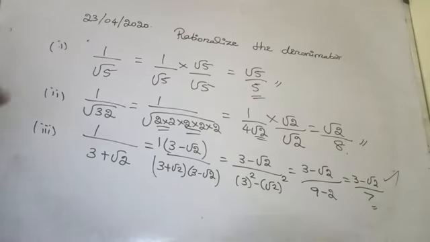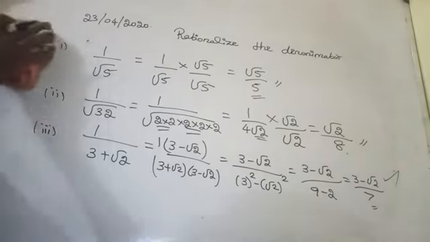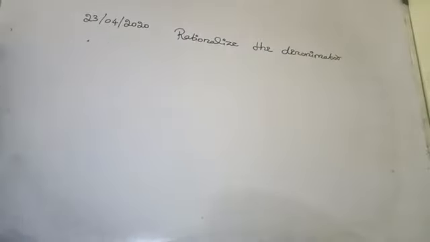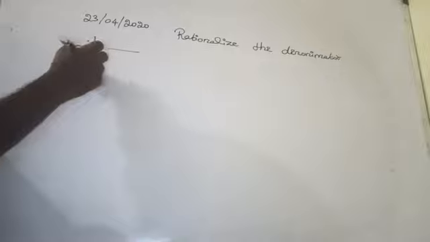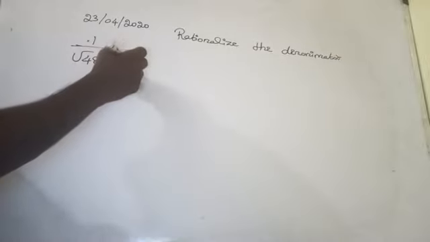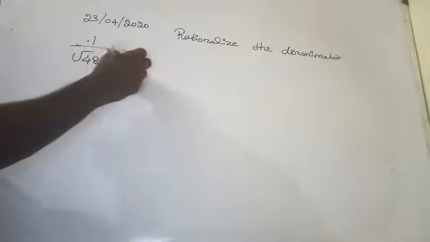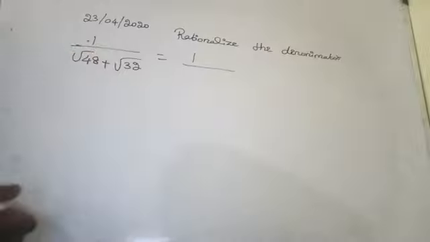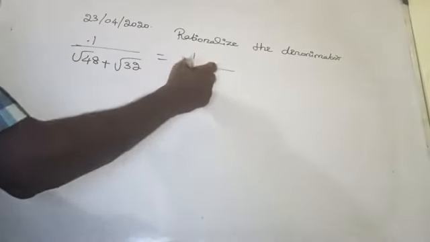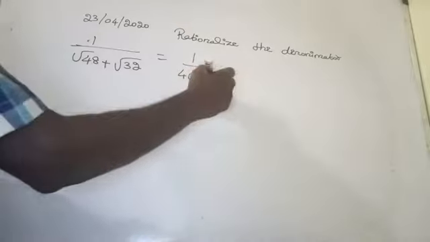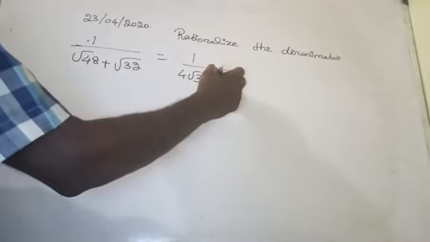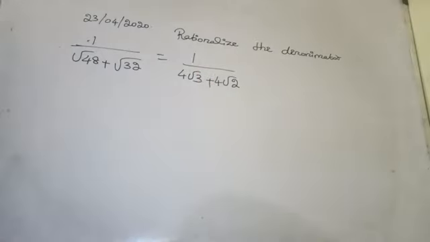Then last question. Only one more question. And then after that tomorrow we will work out the NCERT questions. Am I right here? Yes. One more question. Like 1 by root 48 plus root 32 we will take. How will you express this root 48? That is 4 4s are 16, 16 3s are 48. So you can write it like 4 root 3. Root 32 can be written as, just now we wrote, square root of 32 is nothing but 4 root 2. 16 2s are 32. Am I right here? Yes.